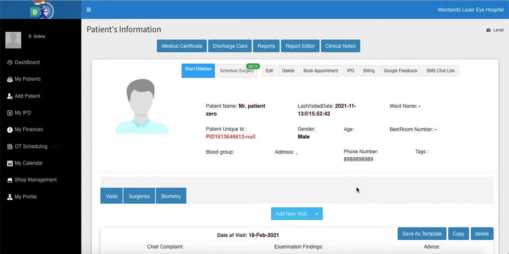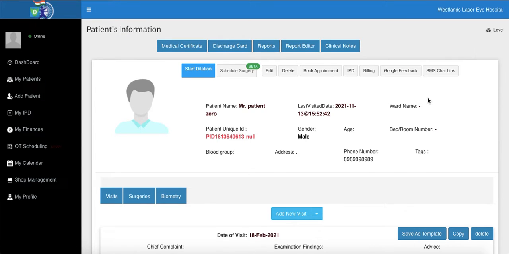Okay, so today let us see how we can use our new shop module. It is a two-part thing. The very first is you need to do some setup, and the second I'll show how to do the billing for our shop items. So the very first thing is we need to go to our profile either from here